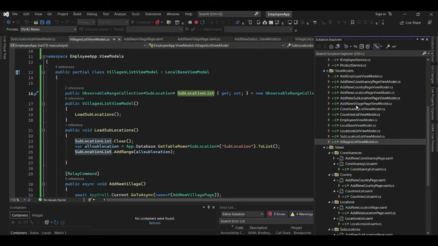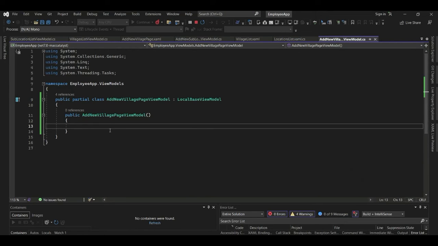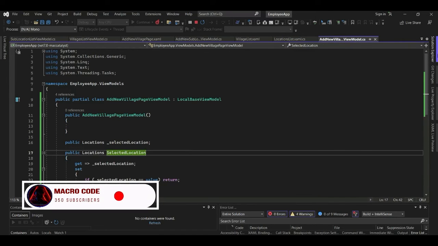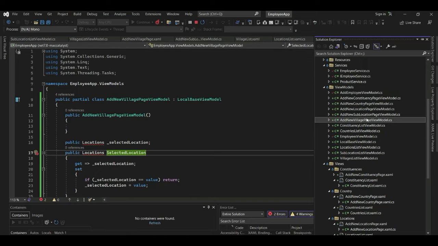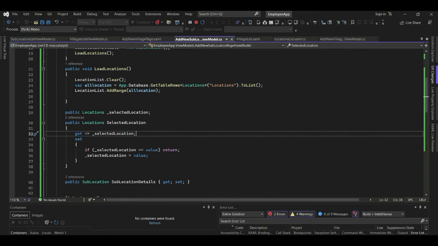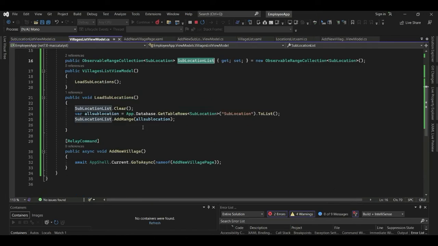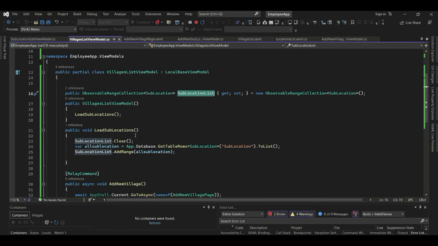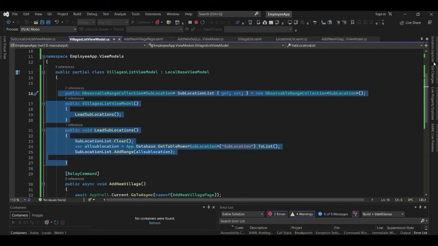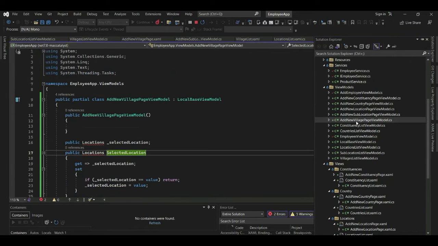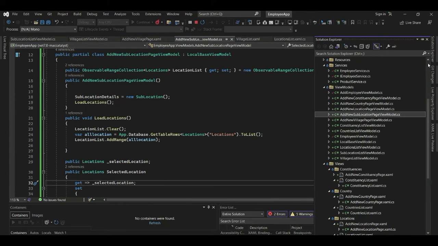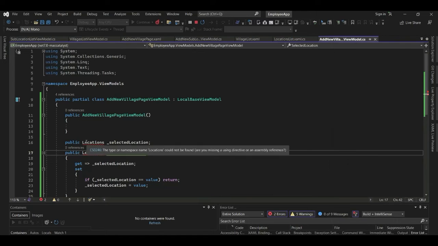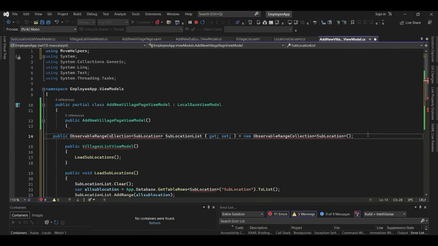So I'll just come to add new village. Then I'll paste that here. So I think we have done something wrong. So I'll come to our villages list. Where did we place our? So we can actually borrow this. Doesn't harm. So we should actually have defined that in add new villages. Where did we define it? Add new villages. We should load the. So I'll just copy this